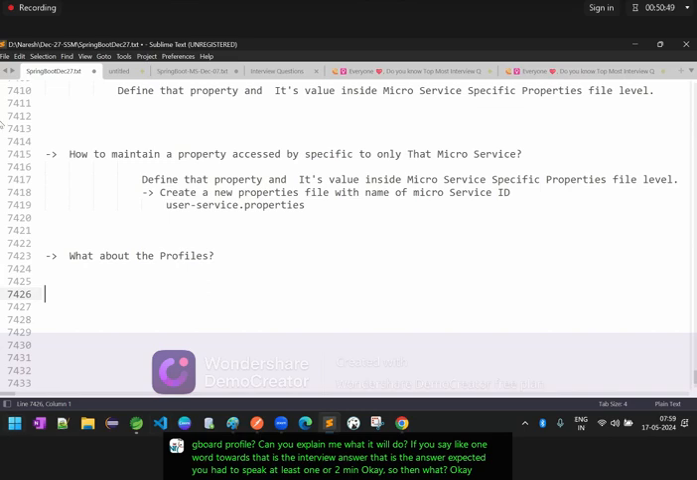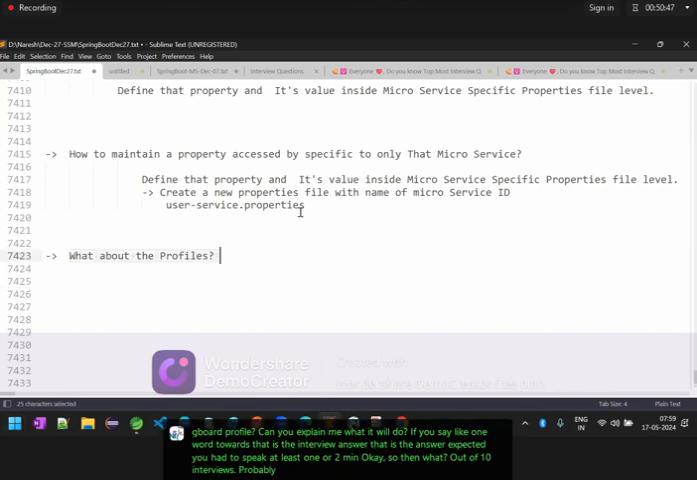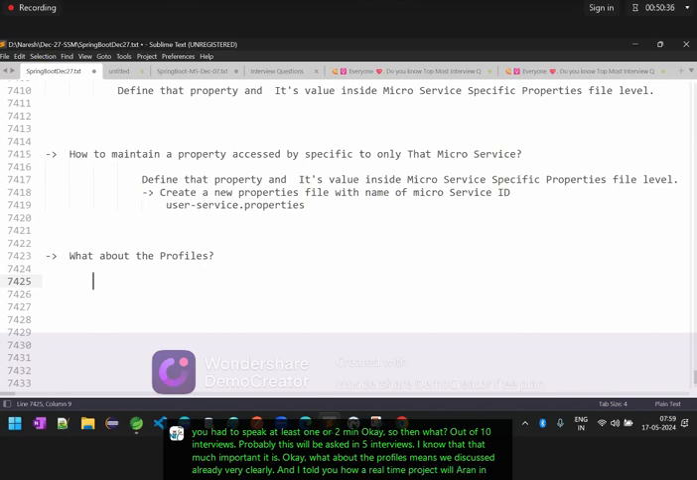Out of 10 interviews, probably this will be asked in 5 interviews. I know how important it is. Okay, what about the profiles? We already discussed very clearly, and I told you how a real-time project will run in a software company or any organization, right? So simply, profiles is a concept of making configuration